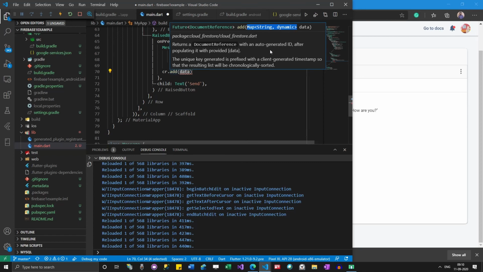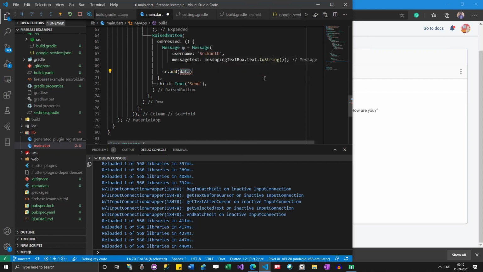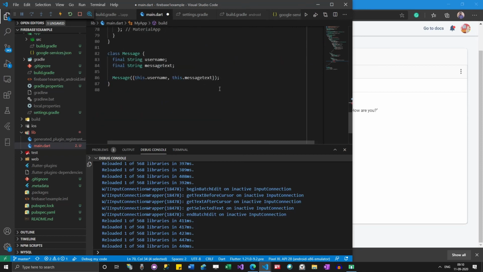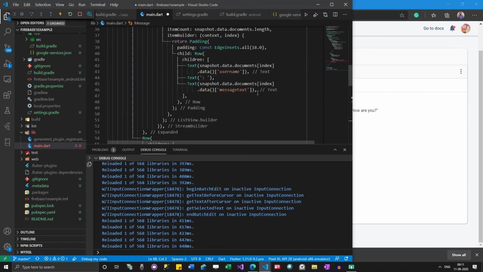This is the similar stuff we did yesterday and the day before yesterday, while we were converting something into map string dynamic in those examples in SQLite, SQFlite, and then Web API. So now also we have to do similar stuff here. We're going to have a helper function which will convert our data into map string dynamic.